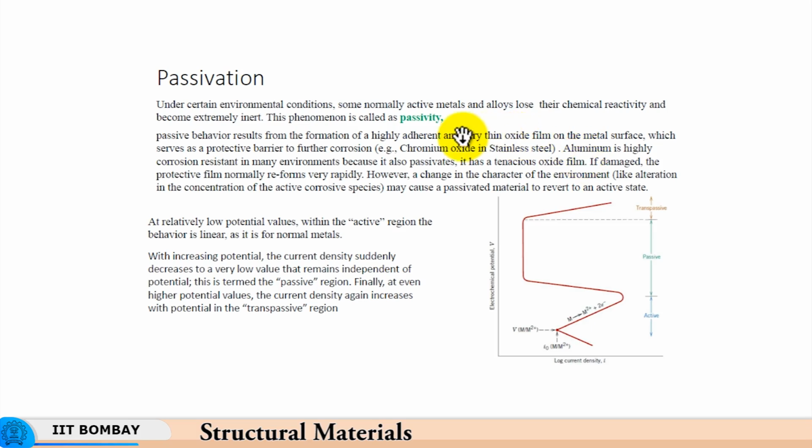Well, stainless steel is not all that stainless in the sense that in the presence of chloride ions, for example, it does get corroded. So, this chromium oxide is a film that does not withstand the onslaught of chloride ions,